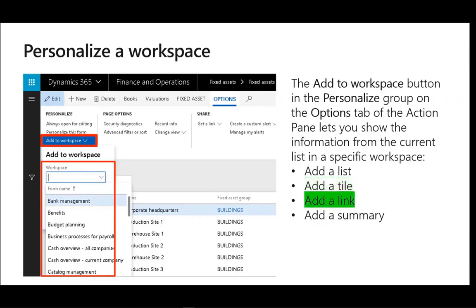The third type is add a link. To add a link to a workspace, first filter the list on the page so that it shows the data we are interested in. Then select Add to Workspace, select the workspace we need to add to, and then in the Presentation field, select